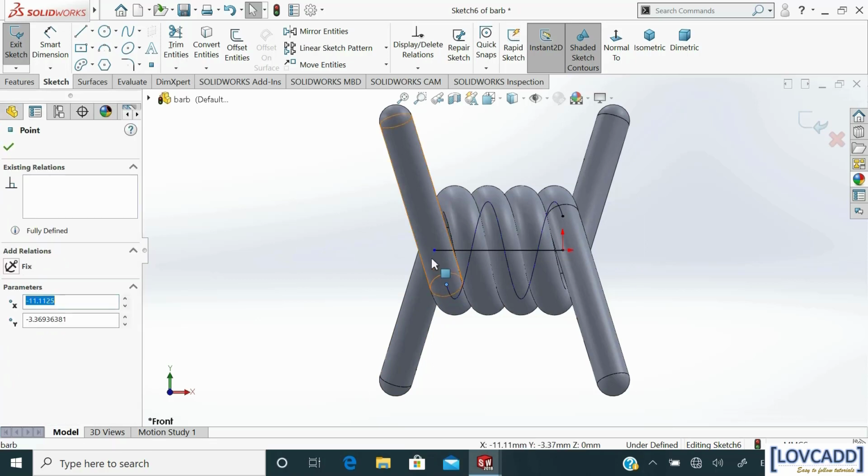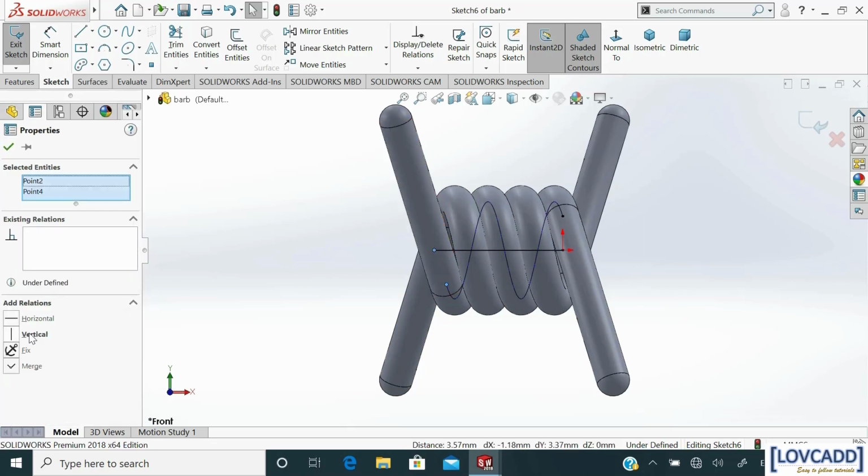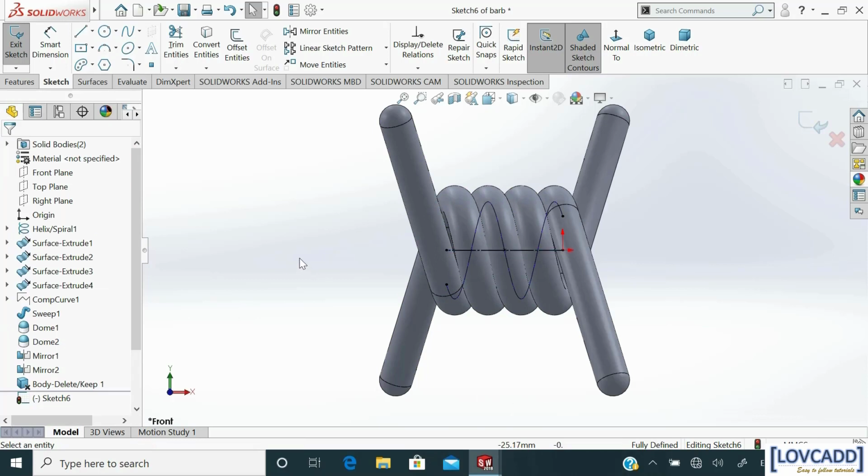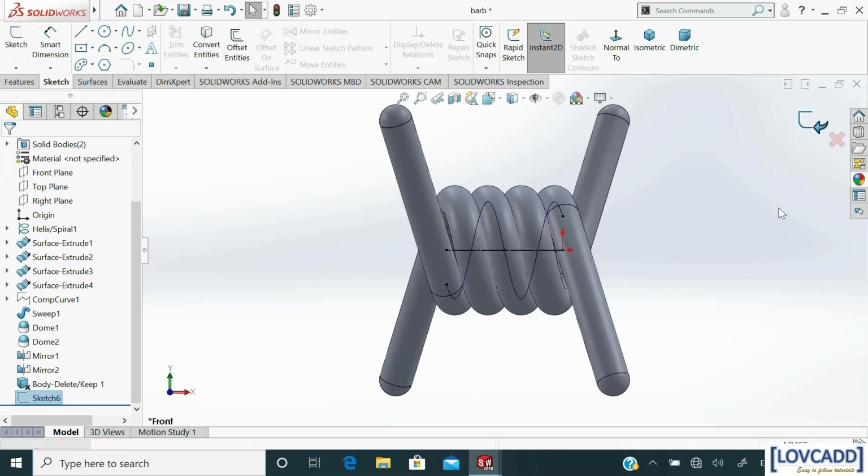Now press Ctrl and select these 2 points and add the relation vertical. OK. Select point, assign the point at the center. Make this line construction geometry. Exit the plane.